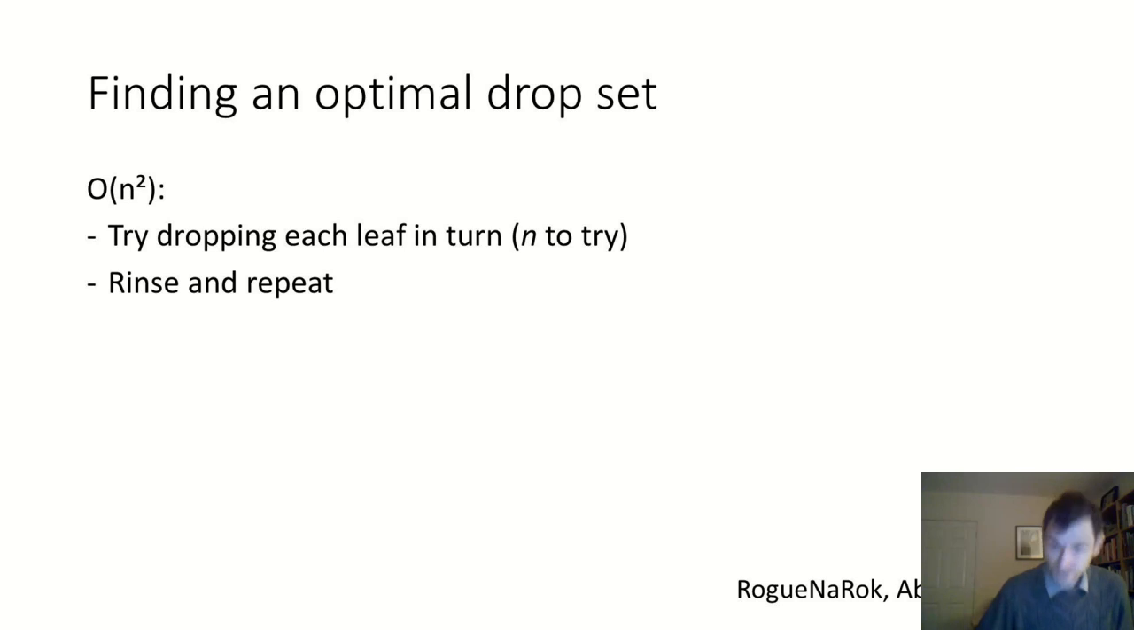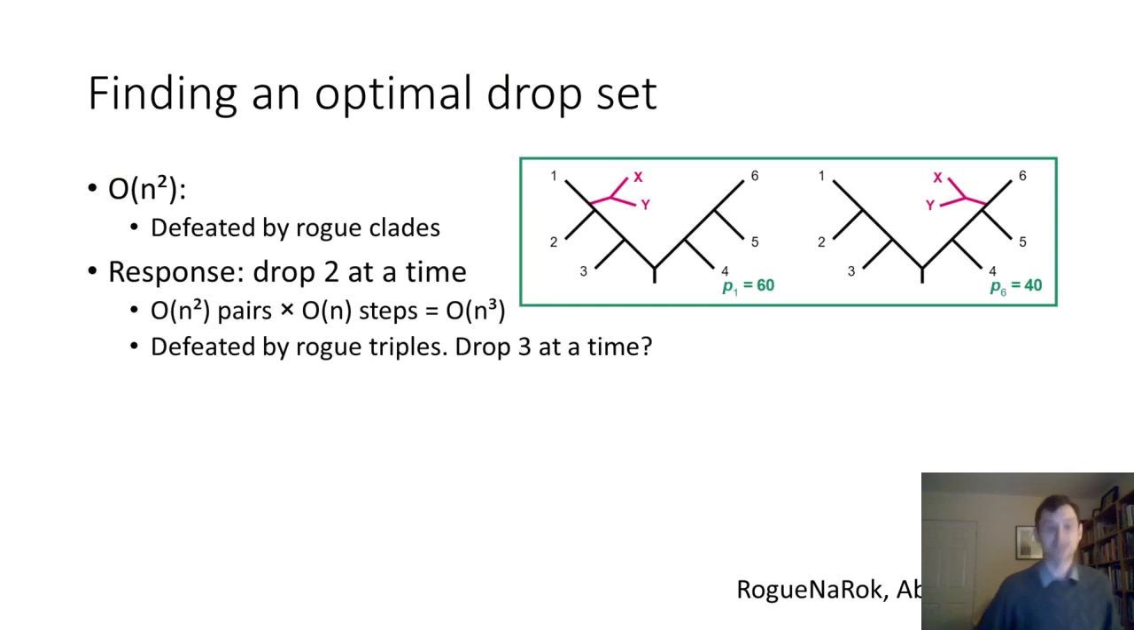This is a pretty good approach, actually, but it hits a snag, which is that it's defeated when we've got a pair of rogues. So looking at the tree set here, if I just remove X, well, Y is still going to have an uncertain position and reduced resolution. If I just remove Y, I'll be left with X. I need to remove X and Y in order to reveal the unanimous agreement in the relationships between leaves 1